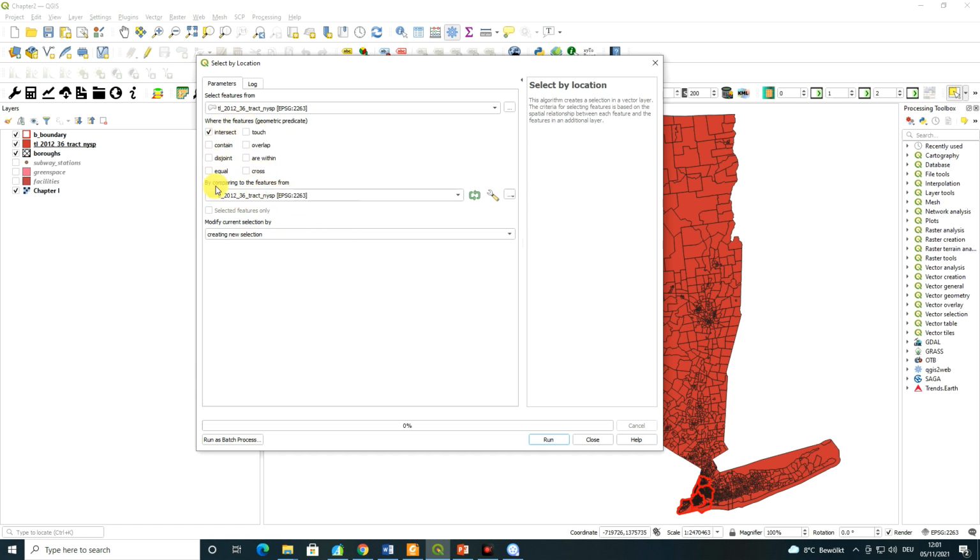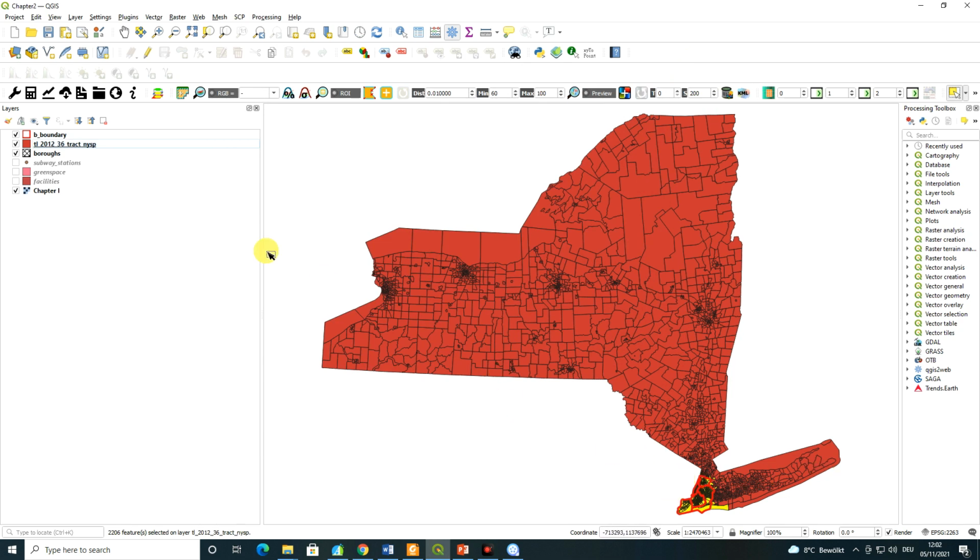And here we also have to select with which file our file is going to be compared. In our case, we would like to compare it with the boundary of New York City because we want to select only those features from tracts, or those tracts, that are located within New York City. So after we have specified those settings, we click Run